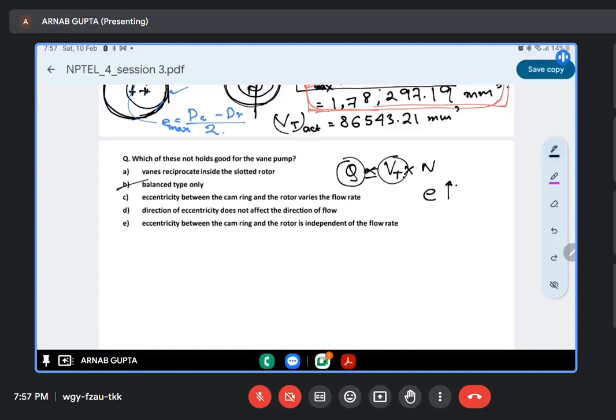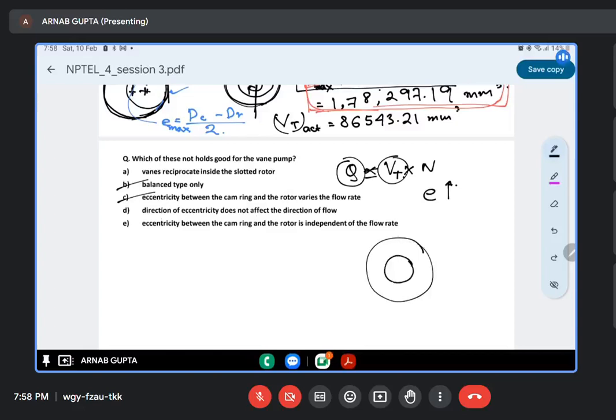So basically, it's just the opposite thing. I won't say that eccentricity is the effect of Q. It is rather like, when the E is less, you are having lower Q, and when you increase the value of E, you get higher Q. Anyway, they follow a direct relationship. Direction of eccentricity does not affect the direction of flow. This is wrong. Suppose